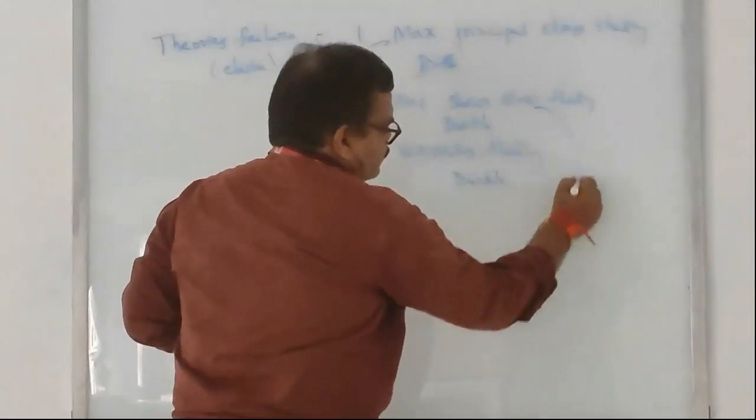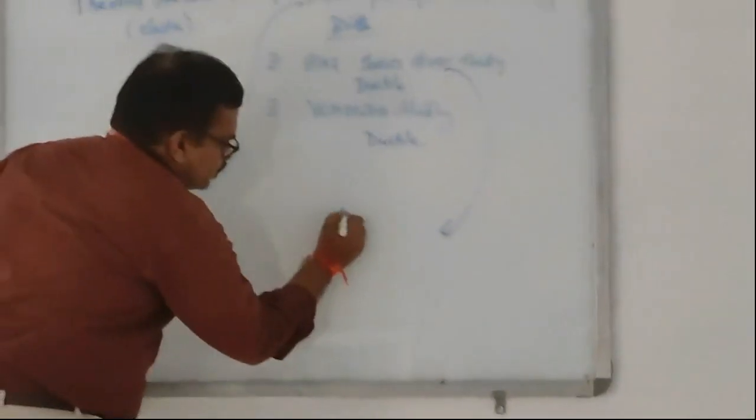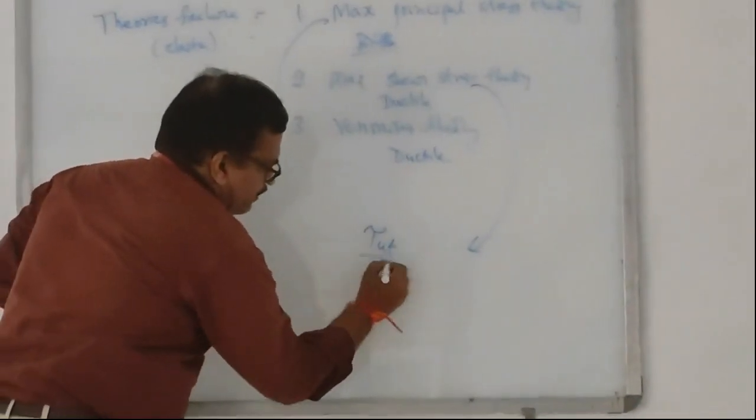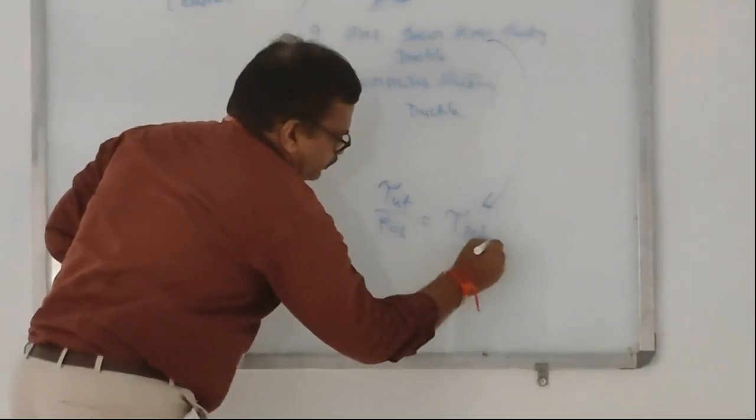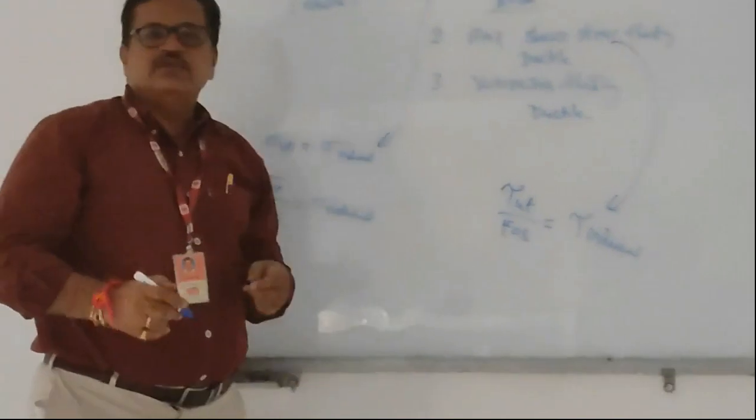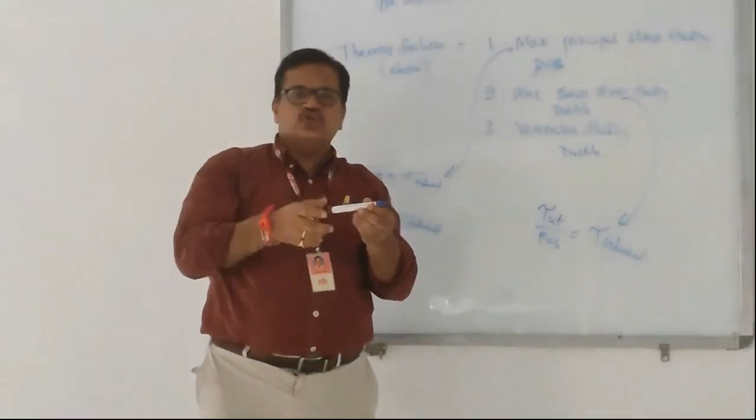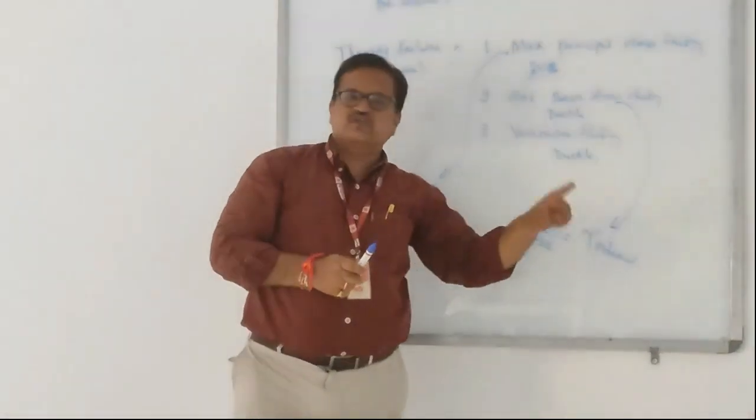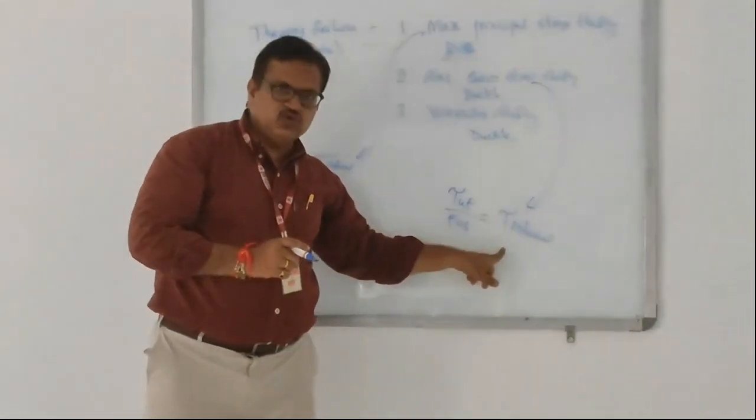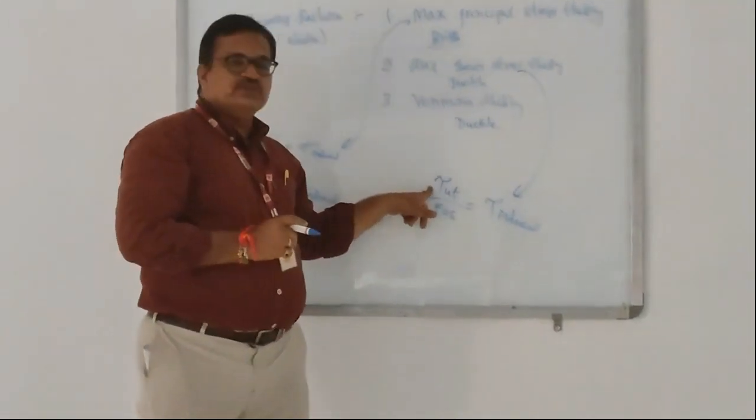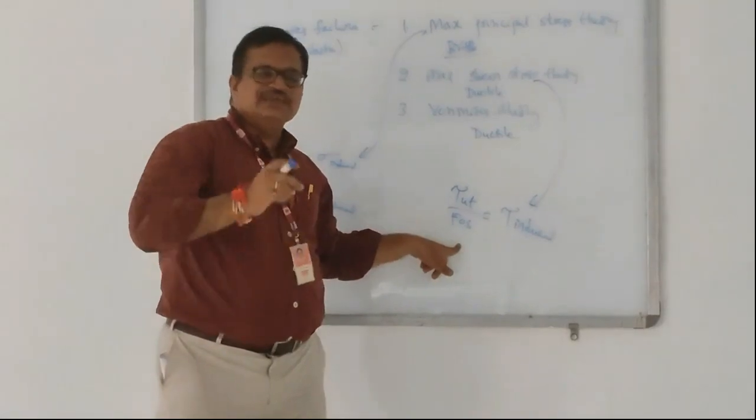Next, shear stress theory. In the shear stress theory, tau ut by factor of safety is equal to tau induced. So when the member is subjected to a tangential load or torsional load, there will be shear stress induced in the member. That induced shear stress should be equal to the ultimate shear stress upon the factor of safety. The factor of safety is taken as